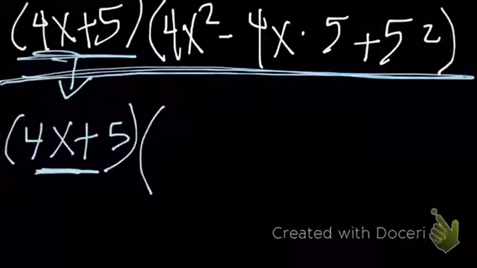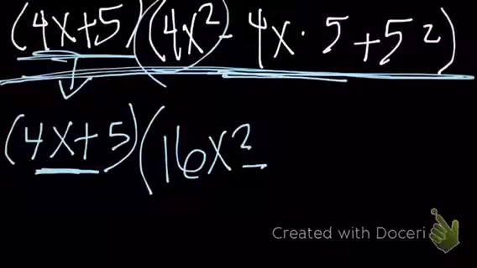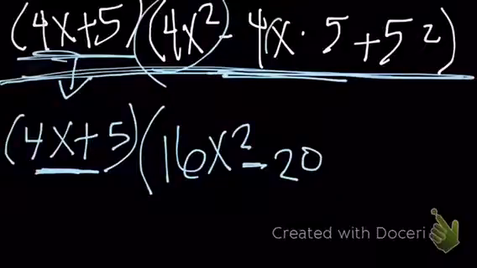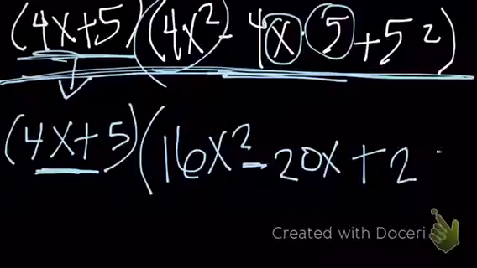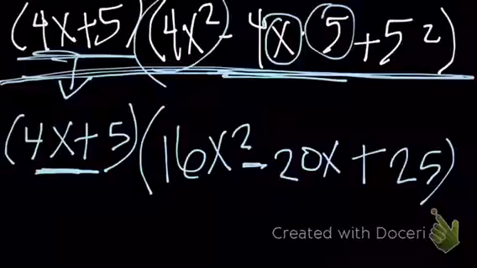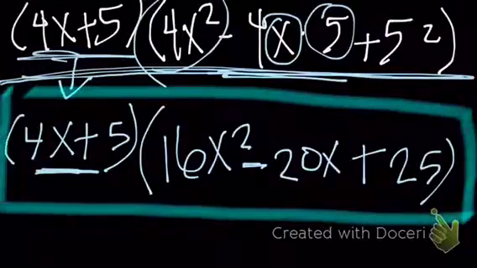And then we take this 4x squared and we're going to square it. So it's going to give us 16x squared. And then for this negative 4x times 5, we're going to do the negative 4 times 5 first, which is going to give us negative 20. And then just bring over the x. And it's not going to be squared because there's no x behind this 5. So just negative 20x, and then we're just going to square 5, which is going to give us positive 25. And since there's no more like terms to combine within this equation, this is going to give us our final answer of